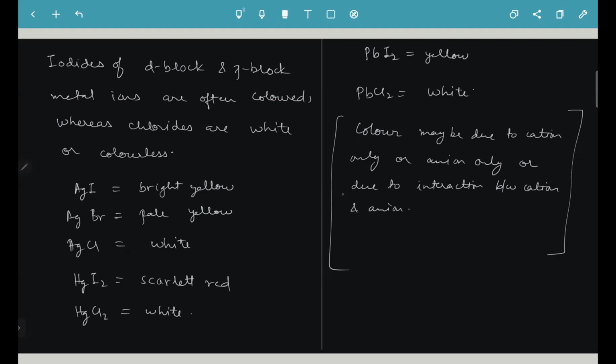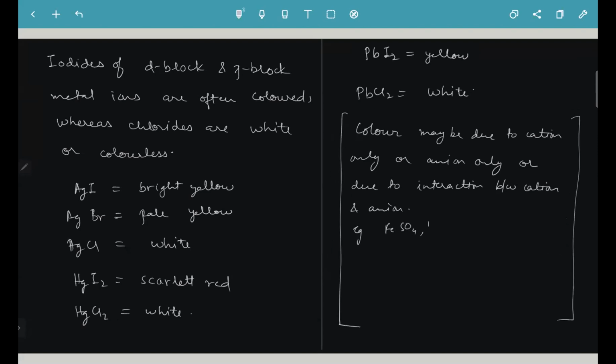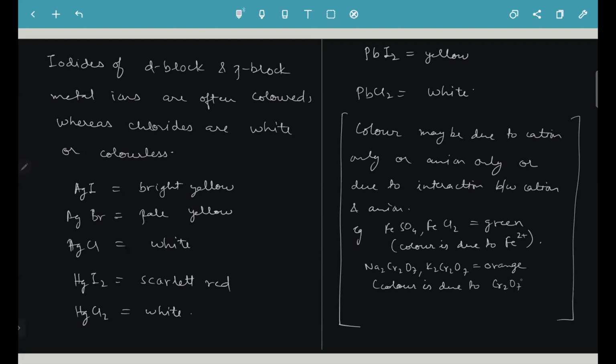ठीक है, एग्जाम्पल देखो. FeSO4, FeCl2 both are green. So color is due to Fe2 plus, which is green in color. ठीक है. Na2Cr2O7, K2Cr2O7 both are orange. Color is due to the dichromate anion Cr2O7 2 minus ion. ठीक है. पर ध्यान से देखो,